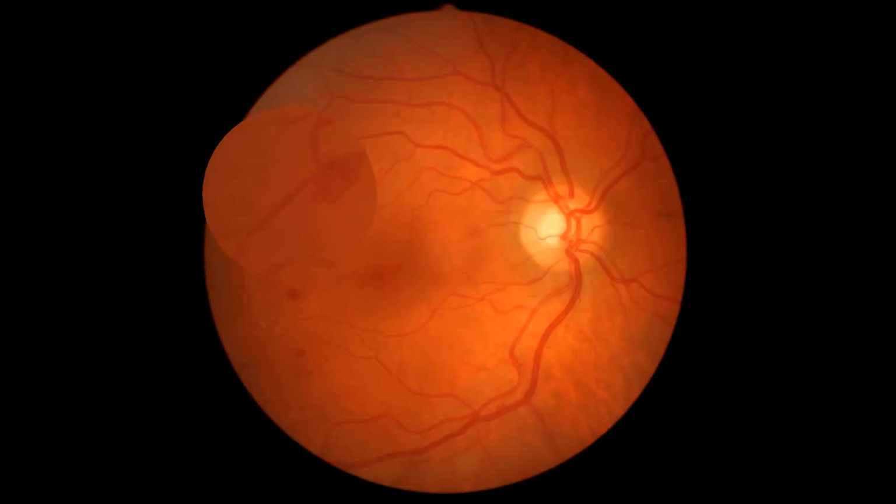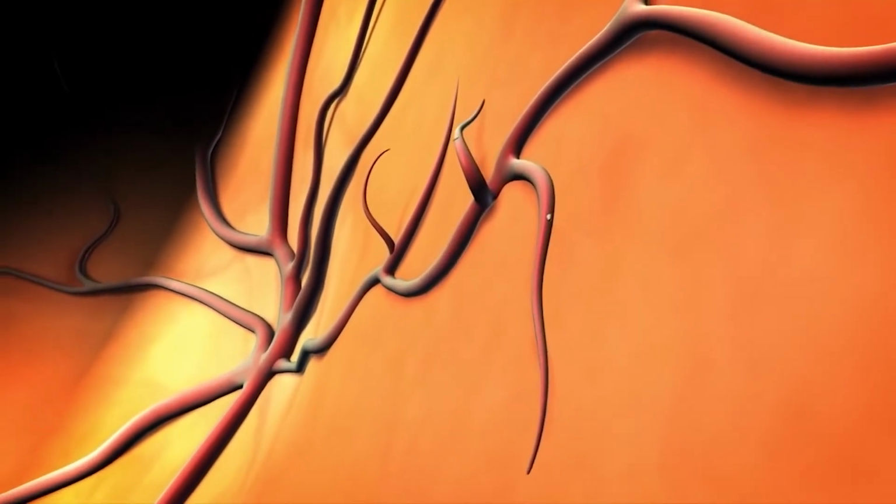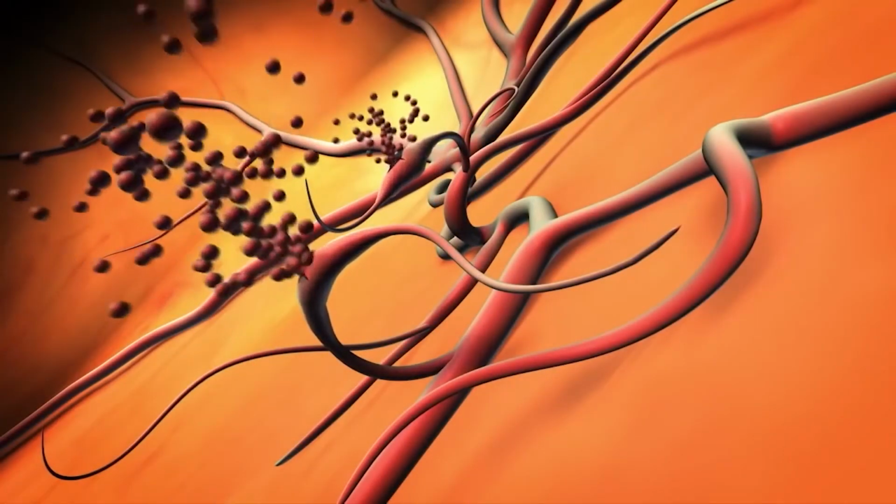causes damage to some of the tiny blood vessels that are in the retina at the back of the eye. So it can cause small bulges in the blood vessels initially. You can also see some leakage of fluid and blood from the vessels, which show up as hemorrhages at the